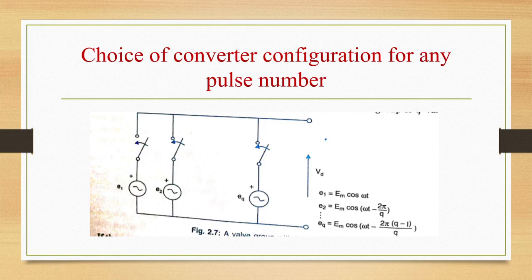Here the switch is a thyristor valve whose firing can be delayed from the instant when the valve voltage becomes positive. Voltage sources are actually obtained from the converter transformer windings. When we neglect overlap, only one valve conducts in a commutation group of Q valves. If the converter is made up of a matrix of S valve groups in series and R valve groups in parallel, then P is equal to QRS.